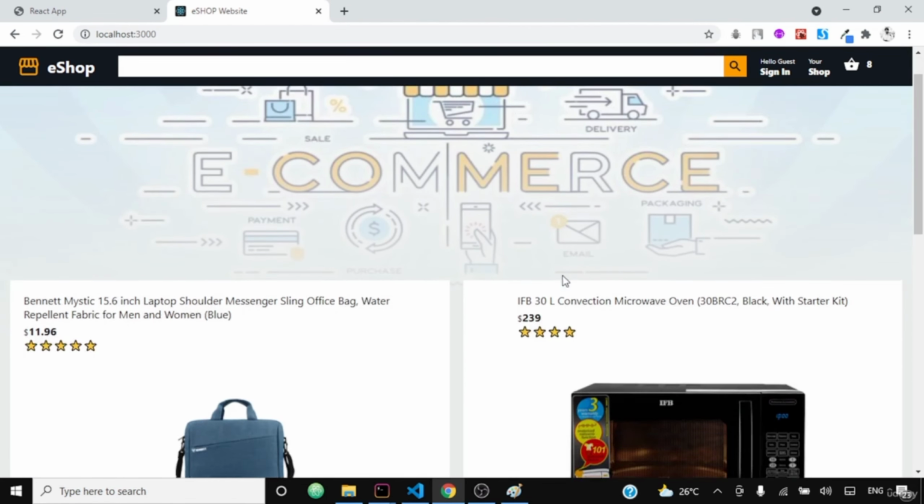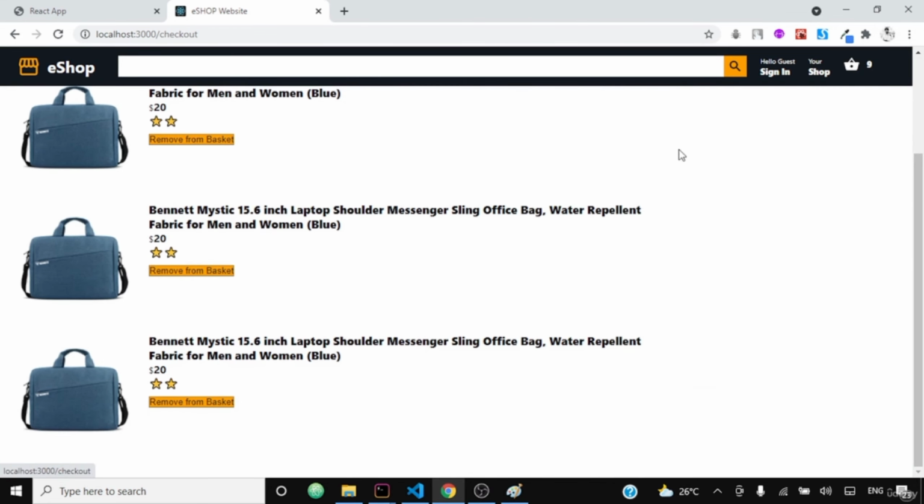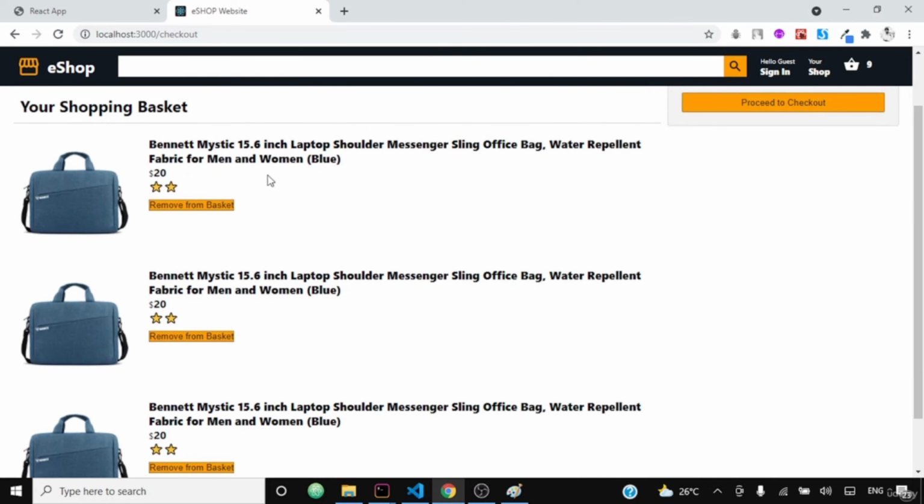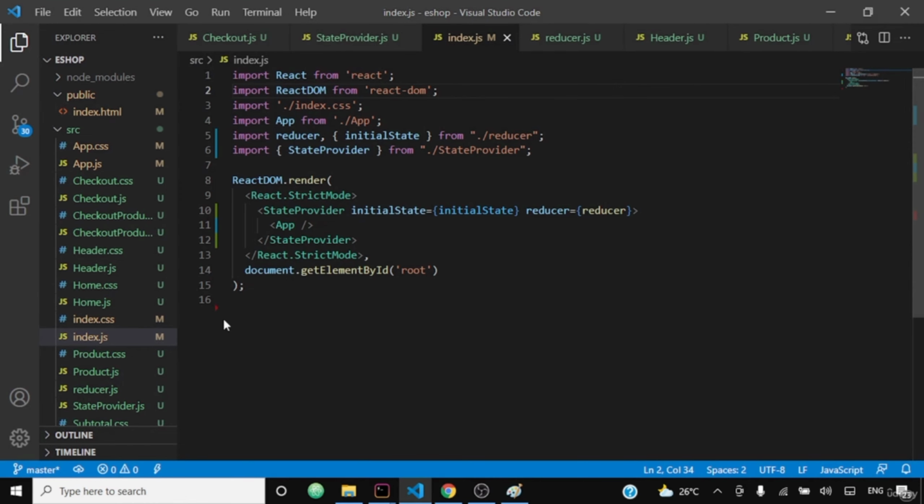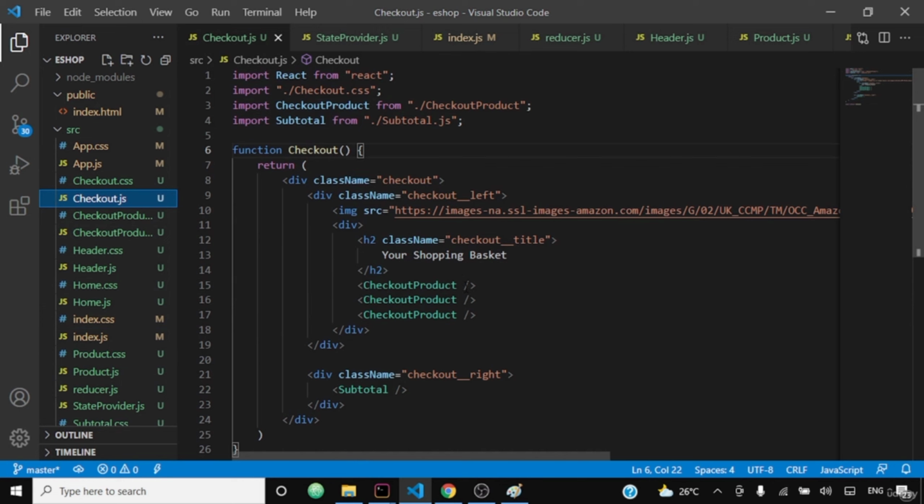In this video, we'll see that when we click on add to basket, the items are getting updated, but we can't see the products that I added to the data layer. So we'll see how to retrieve them. First, we will go to checkout.js, and here we have to import the dispatch and state using the state provider useStateValue, and